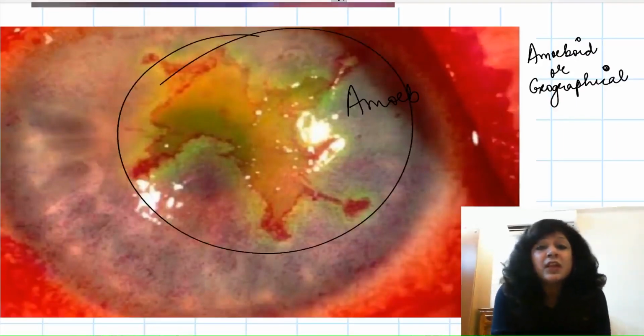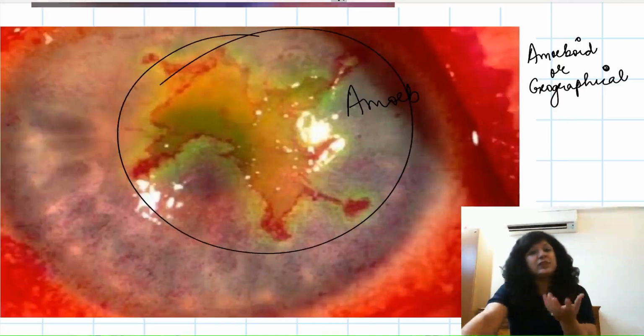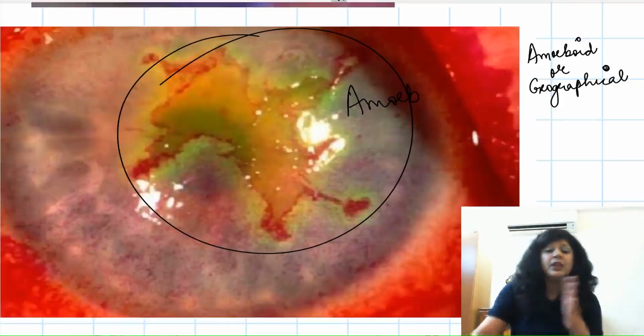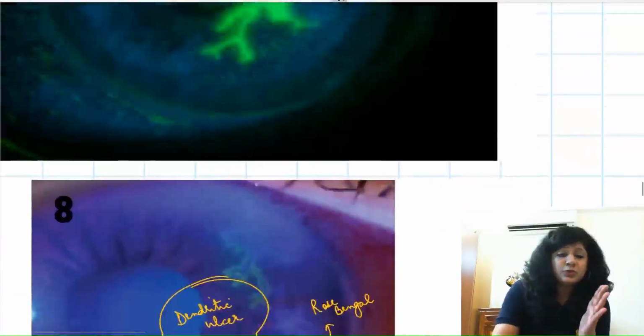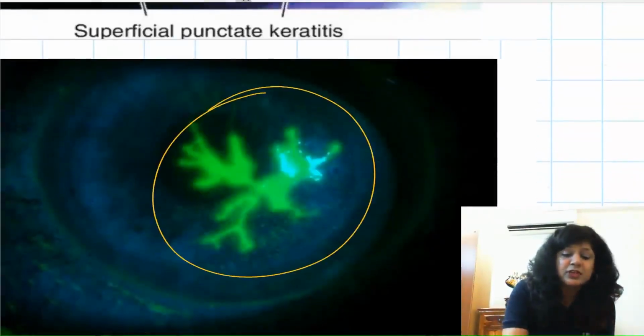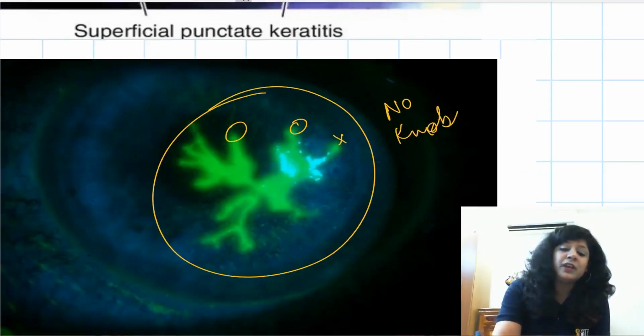So if you are giving steroids by mistake also, next time you will see the patient, he will come up with a larger ulcer. So that means that was a dendritic ulcer. So you have to be very careful. Okay, now I was telling you about the pseudodendritic pattern. See, this is actually your pseudodendrite. See, there are no knobs here. So because you do not have any knobs, this is called as pseudodendritic pattern.